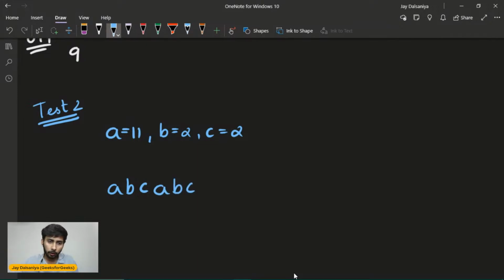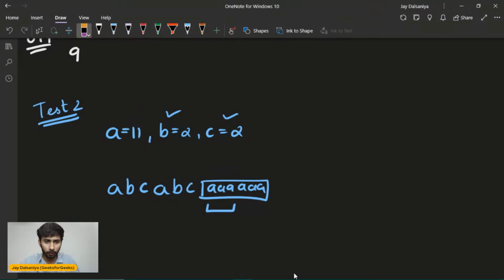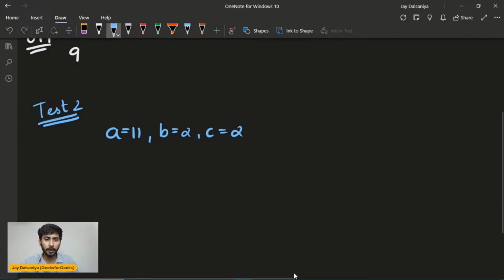So now you can observe we have already exhausted the frequencies of B and C, but we haven't exhausted all the A characters. Still we have 9 A characters remaining. You can't place all the 9 characters over here, because if you place all of them, you will observe 3 consecutive characters of the same type. So this kind of arrangement will not work. We need to think in a different manner.